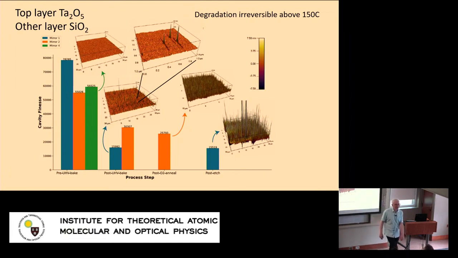Yes? What kind of etch do you use? Is there like a selective etch? Yeah, we basically tried to figure out what this growth is, and it's not silicon dioxide. We did a selective etch to figure out what it was. And it's also not some deposition on the surface. It's something that grew out through these pores. It must be some self-assembly process of some sort. And there's some indication that people know about this in the solid state materials community. But here's a warning sign: make sure that your top layer is SiO2 and not tantalum pentoxide if you're ever going to build cavities.